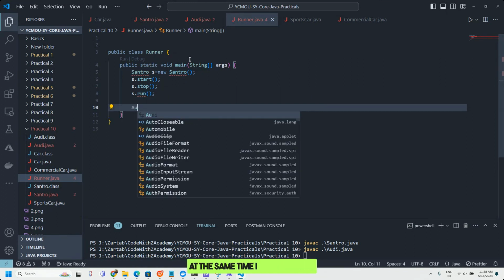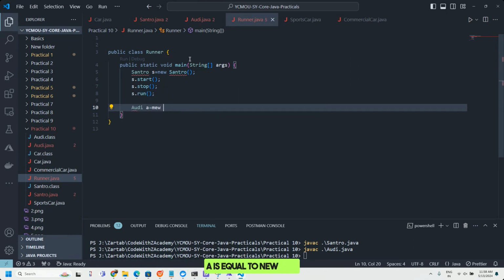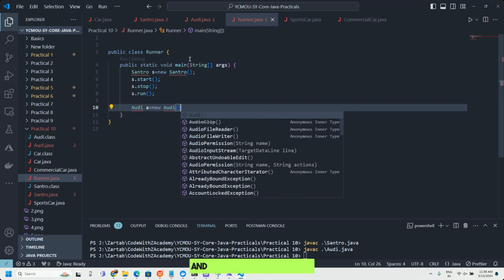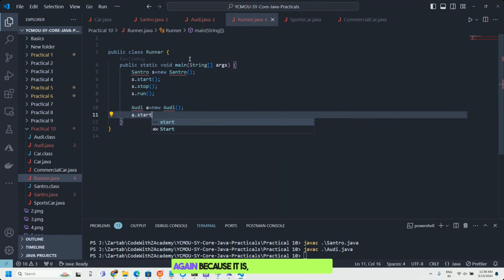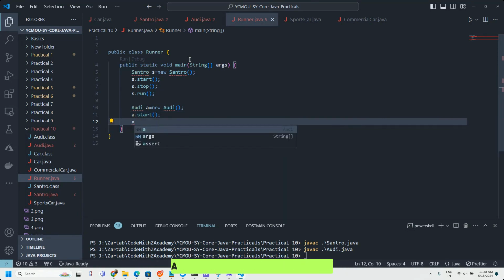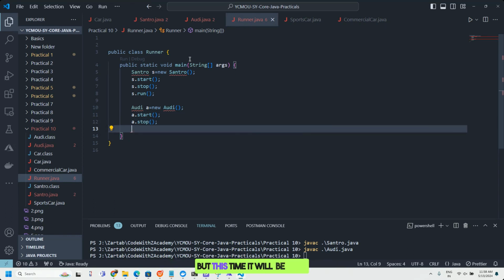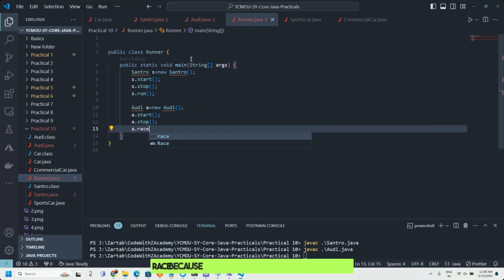At the same time, I have Audi a is equal to new Audi, and here I do a.start again because it has extended Car, a.stop because it has extended Car, but this time it will be a.race because it has